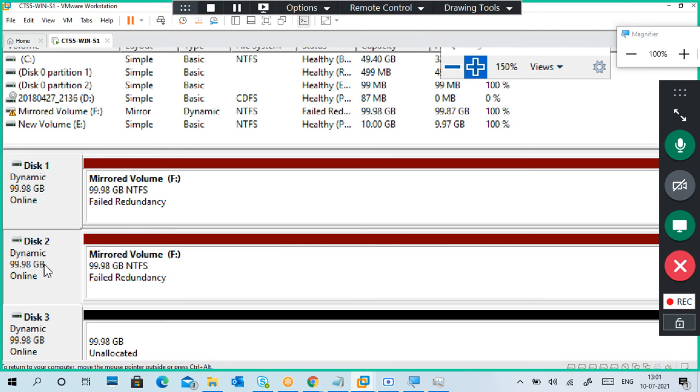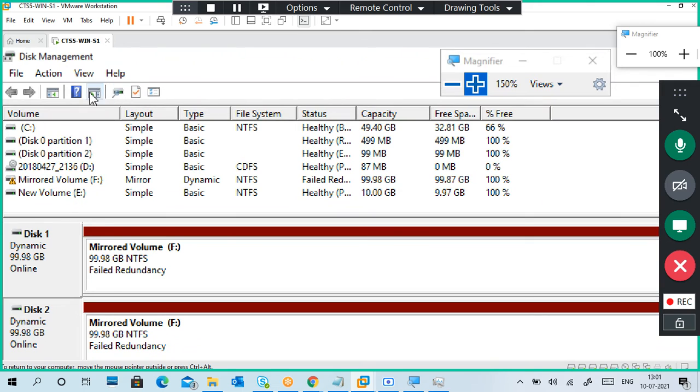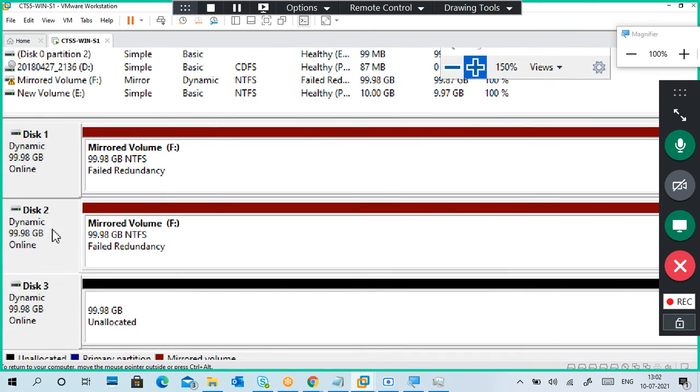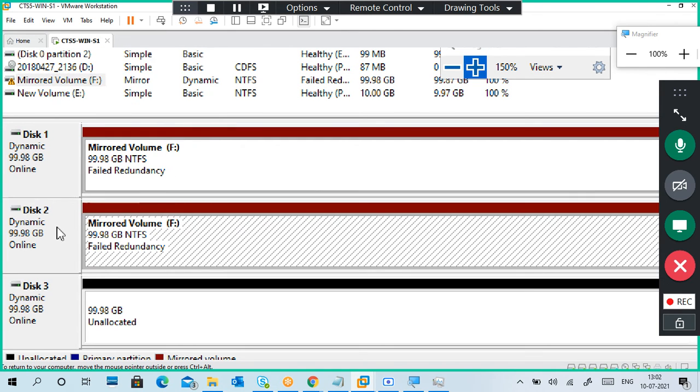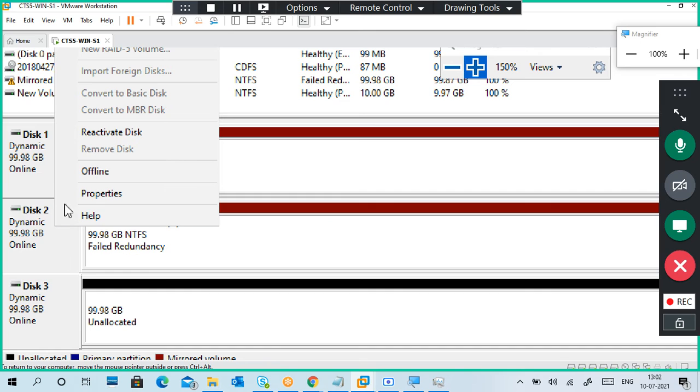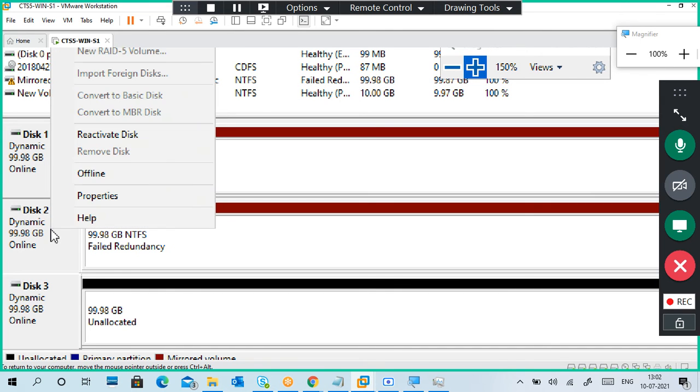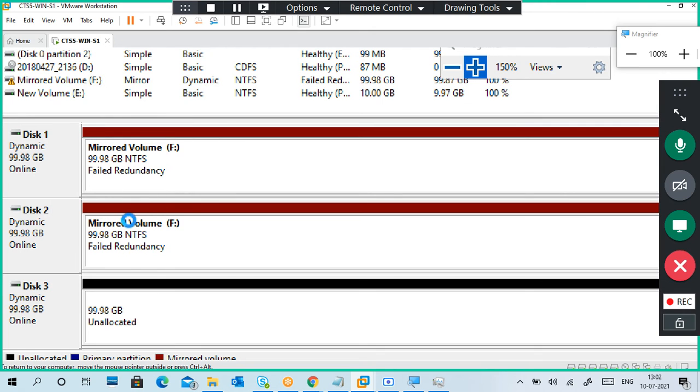Redundancy is still not updated. So if possible refresh, otherwise right click and reactivate the disk. Disk 2 was offline, so I make it online now and reactivate the disk.